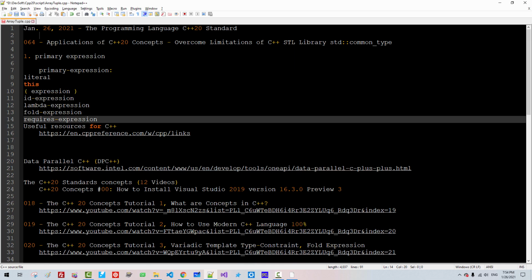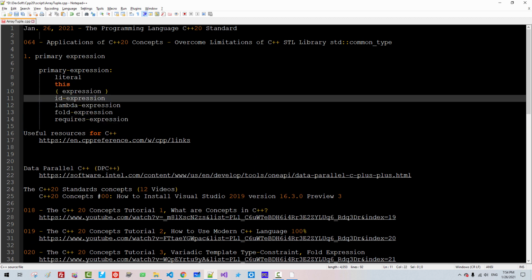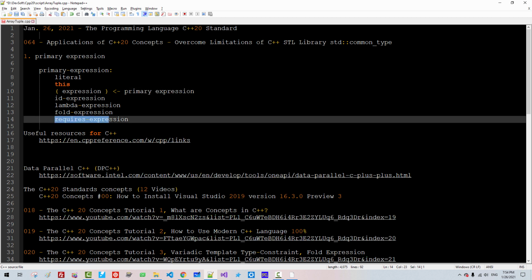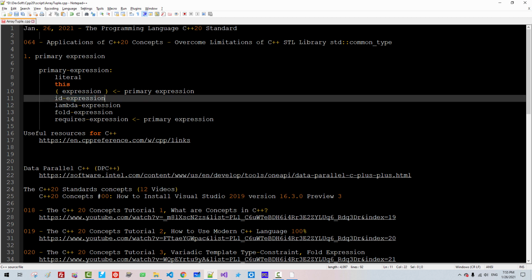Copy this, paste it here, like this. Please keep this point in mind. Primary expression also includes requires expression. Primary expression also includes id expression.